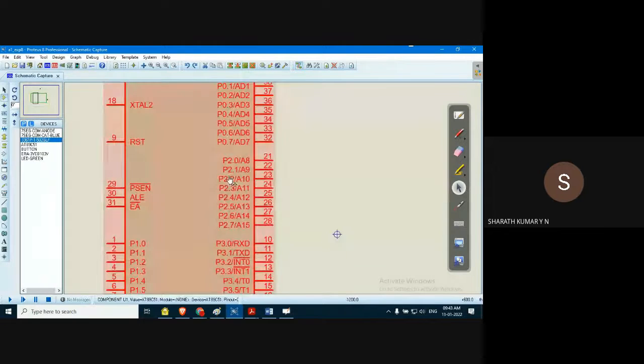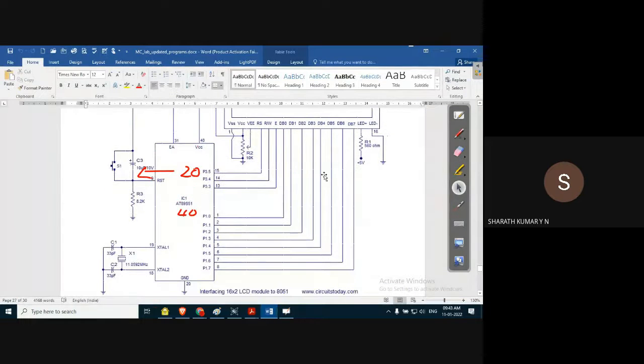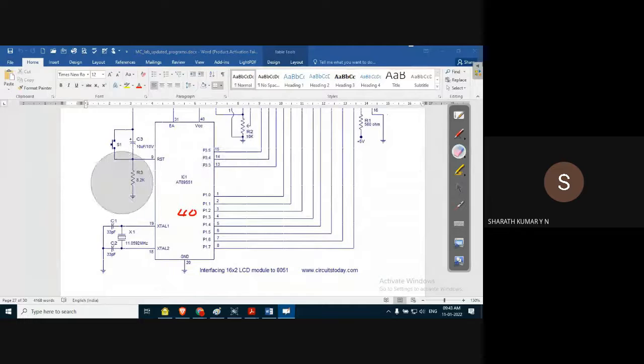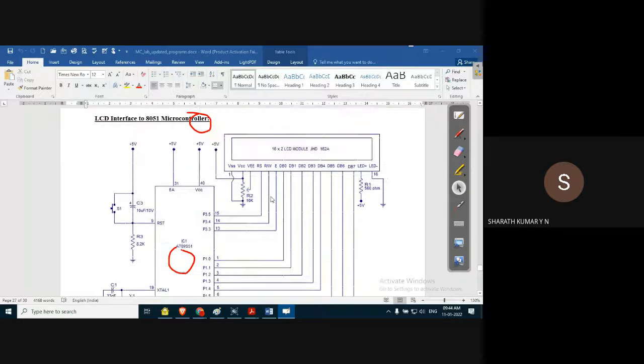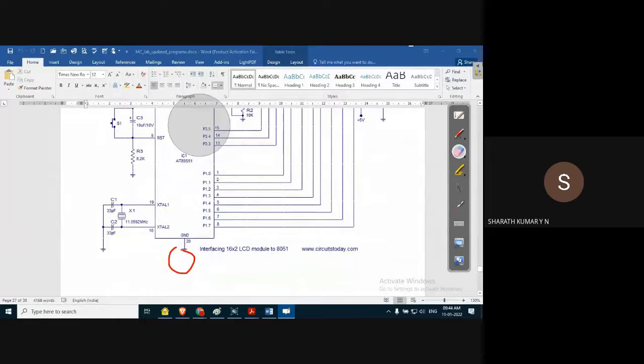And also in the pin diagram, we don't find pin number 40 and pin number, let's say, 20. Pin number 20 is ground. If you see this diagram, guys, pin number 40 of a microcontroller is VCC, and pin number 20 is ground. Pin number 40 is connected to 5 volts because it should not vary. With respect to 5 volts, it should be exactly 5 volts.